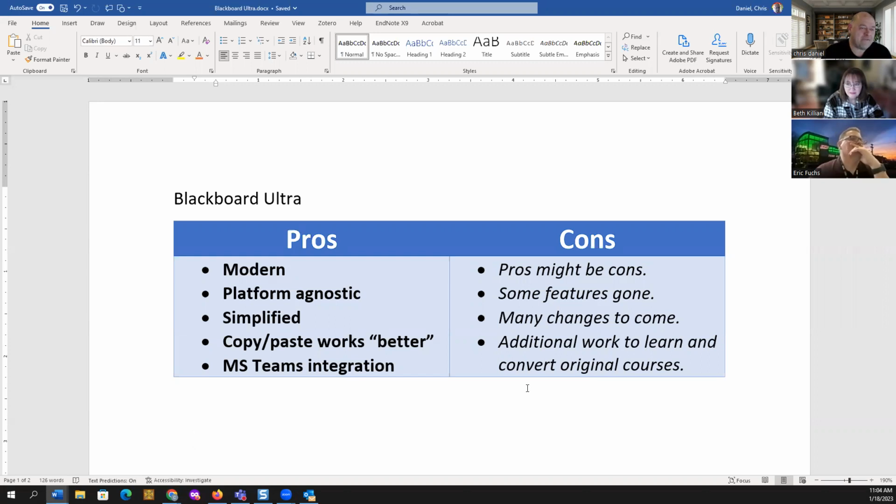But they have a much larger team of developers working to make changes and quickly fix issues as they arise. And I believe that development cycle is much faster with Ultra than with Original. Ultra is supposed to be platform agnostic, meaning almost any device that a student would care to use to engage in the course content is going to be usable out of the gate. Now, there is a Blackboard app that kind of equalizes that for Original courses, and they can certainly use that app on whatever device they want.